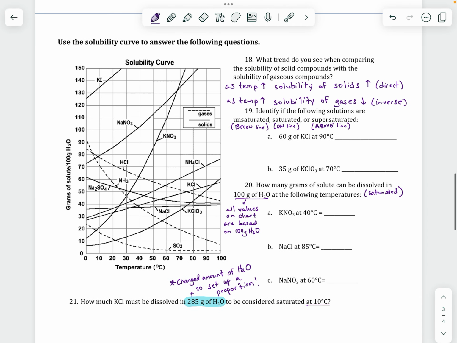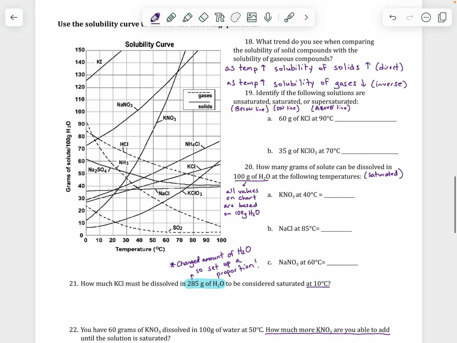In terms of our solubility curves, remember that the grams of solute appear on the y-axis here, so that's how much of those substances we're trying to get to dissolve. And these are the temperatures at which we're dissolving them. What we notice is as temperature increases, the solids are more soluble. There's a direct relationship there, right? And so the solid lines here for the solid substances